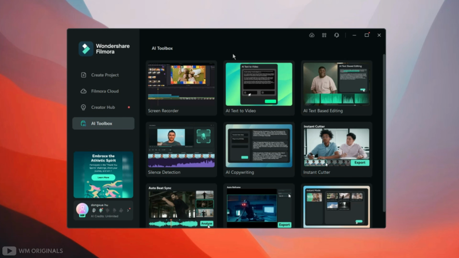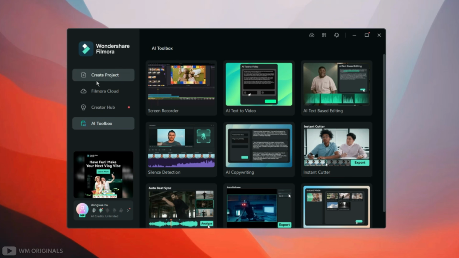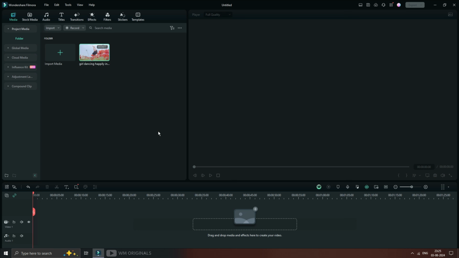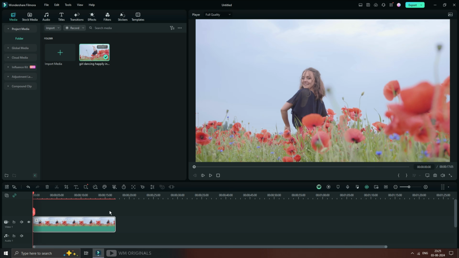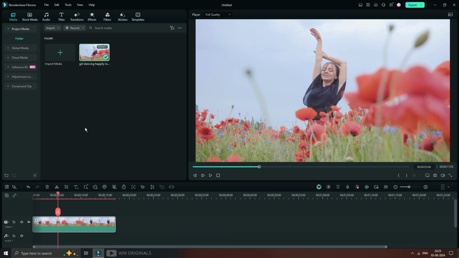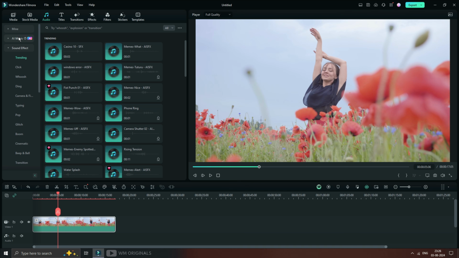To access AI Music Generator, simply click Create Project and then New Project. Here we can also import some media if we want to use any. This does not have any music. Let's generate our own music using Filmora AI Music Generator, and for that click on Audio and then click AI